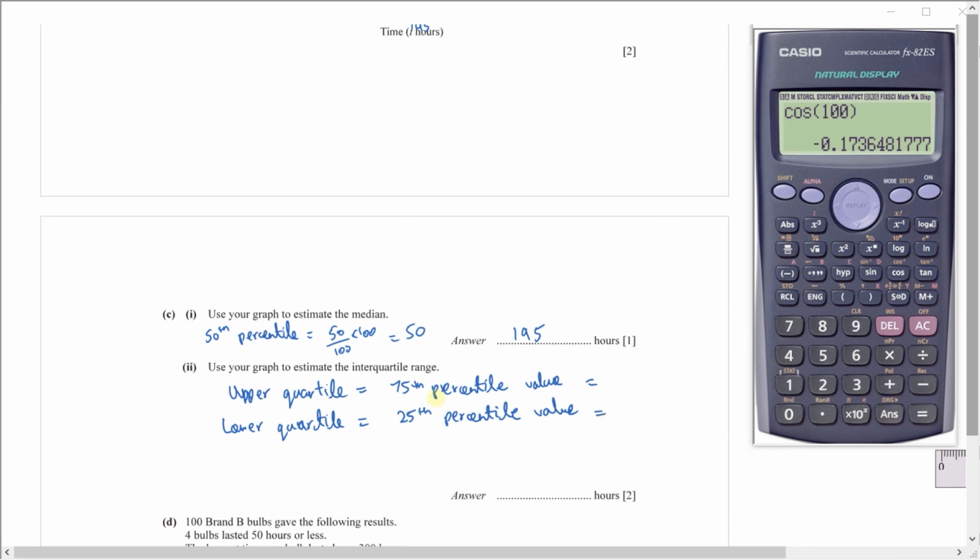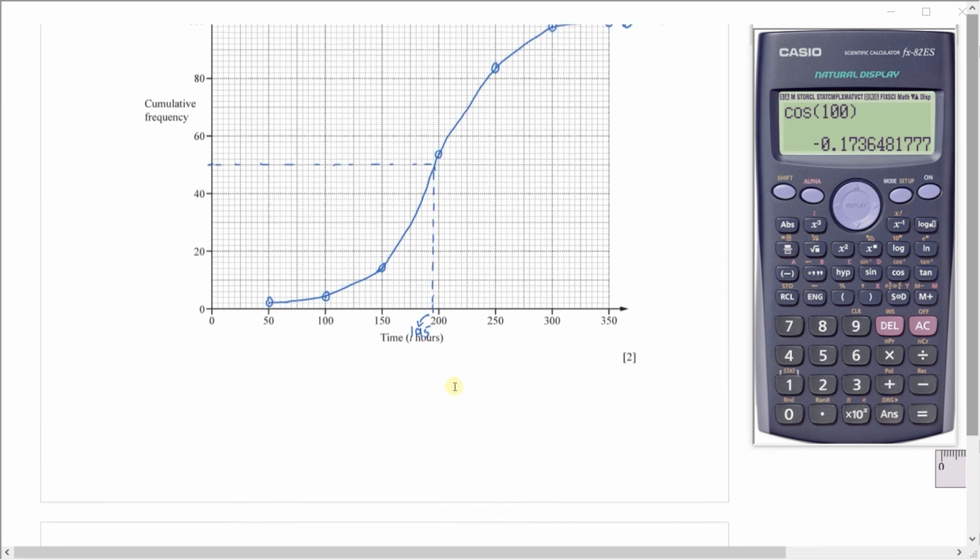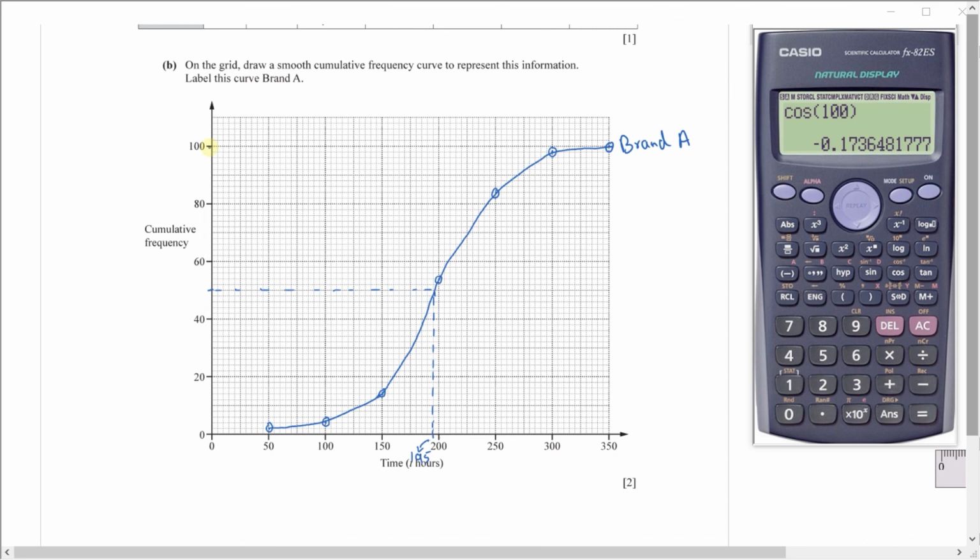So let's find these. Your 75th percentile will be the value at 75. Since your total frequency is 100, it's pretty straightforward. Your 75th percentile will be at 75. So this is 60, 62, 64, 66, 68, 70, 72, 74, and 75 will be in the middle of this